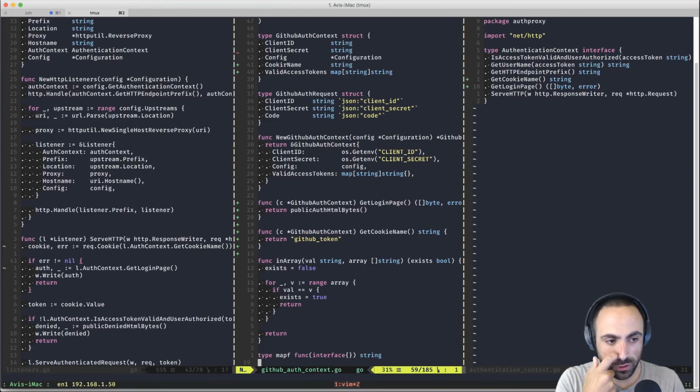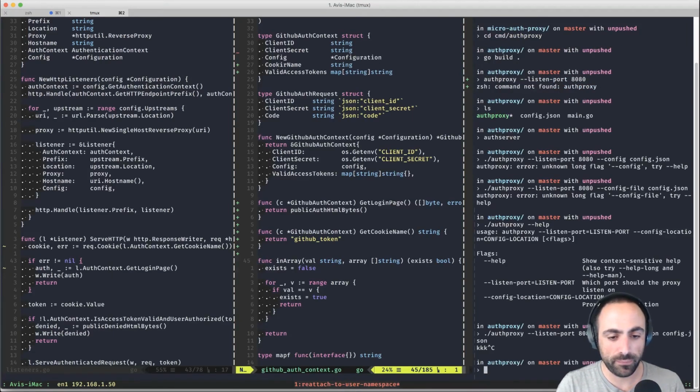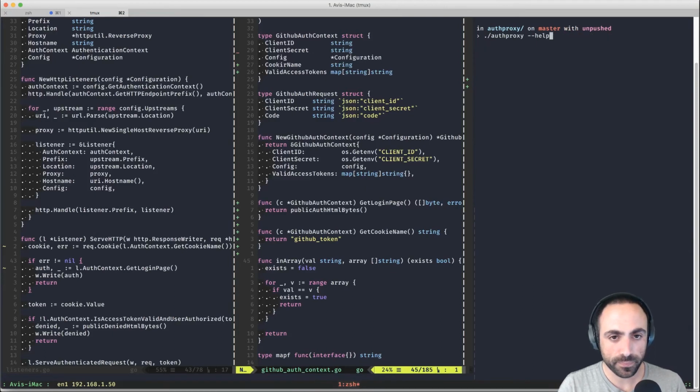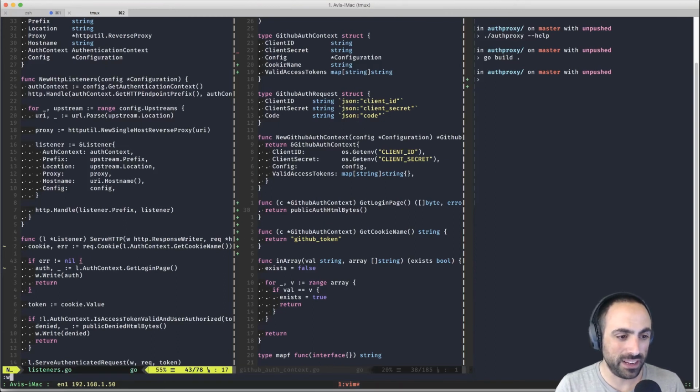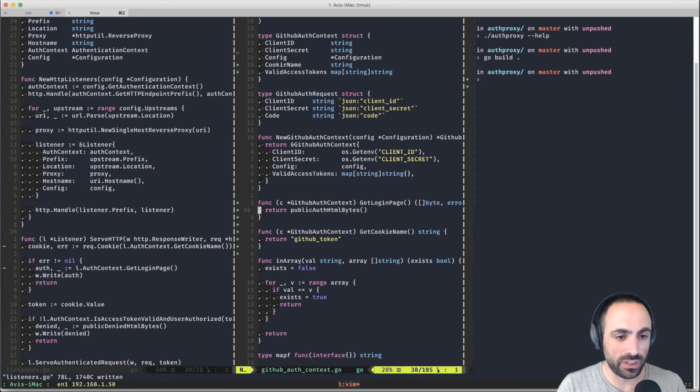Okay, so this will return the Auth Context get login page. Now, if I try to build, it will fail. Well, it will not fail yet. But what happens if I try to use this interface?